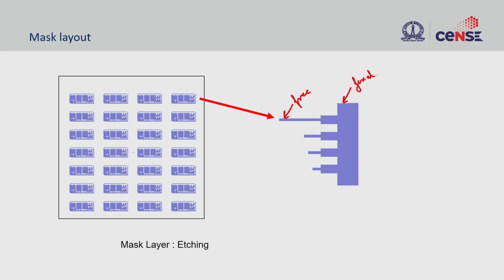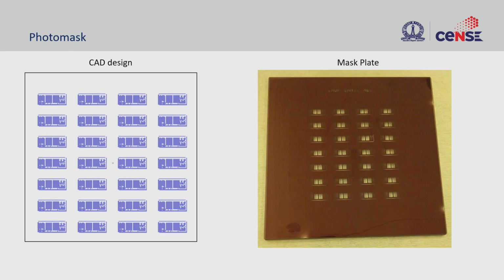So this is all top down design. So you design for a certain width that you have here, and then for a certain length and also the width. So these are all the dimensions that you would use in order to design a photo mask. So once the photo mask is designed, then the next step is to make a mask plate, right? So that mask plate looks something like this.